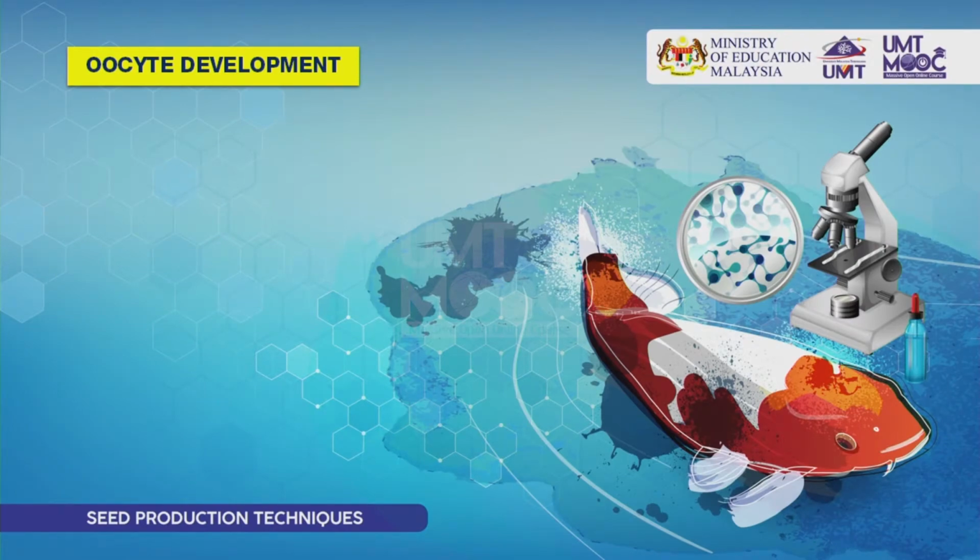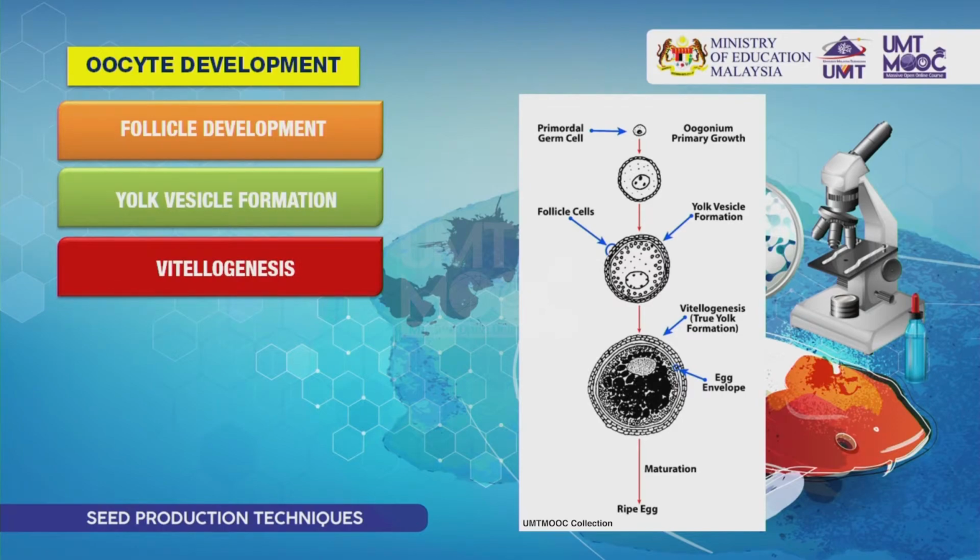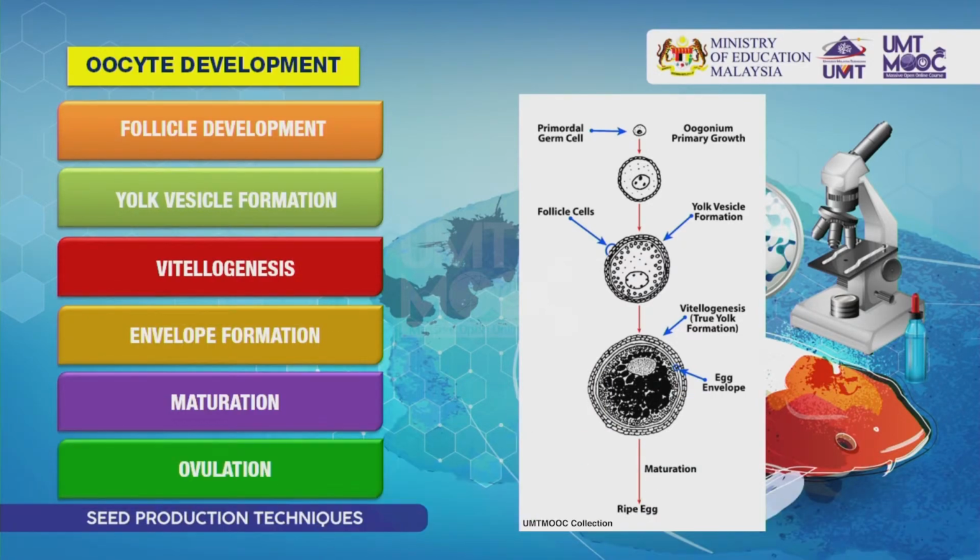Let's talk about the oocyte development. It starts with follicle development, followed by yolk vesicle formation, vitellogenesis, envelope formation, maturation, and finally the ovulation. The figure shows the